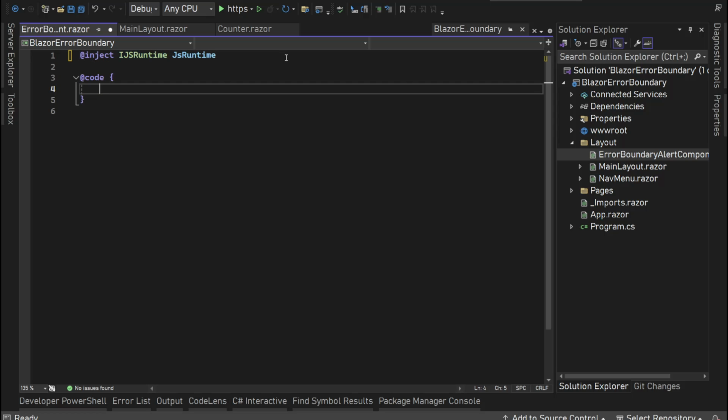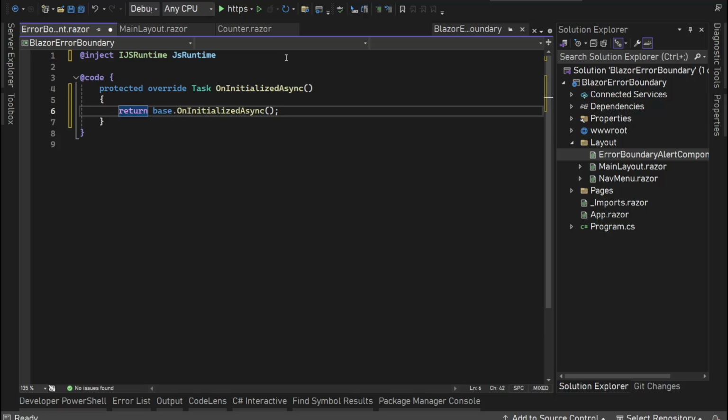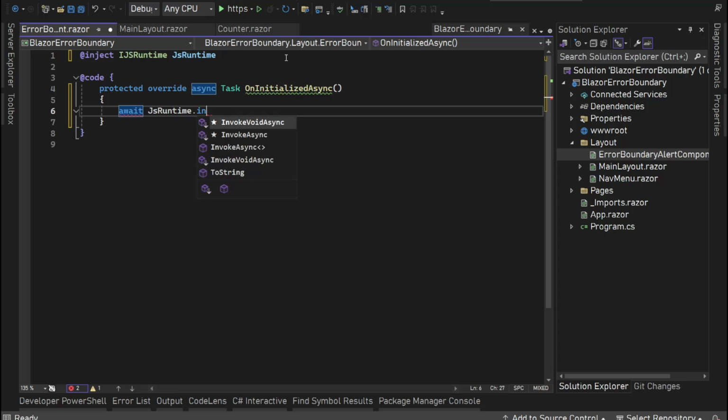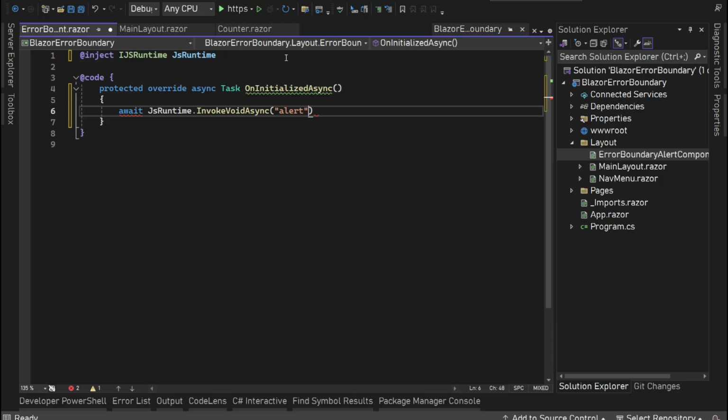And in here, we will override its own OnInitializedAsync method. And here we can say await JSRuntime.InvokeVoidAsync, and here we can call the JavaScript's alert method. And here we can simply show some error, something went wrong. If we do this,